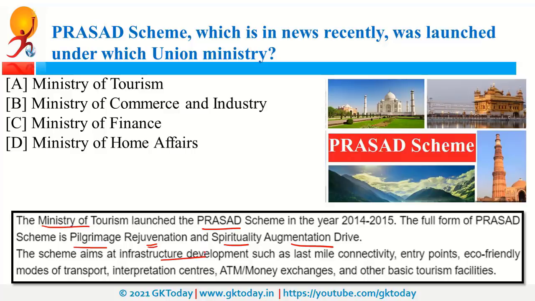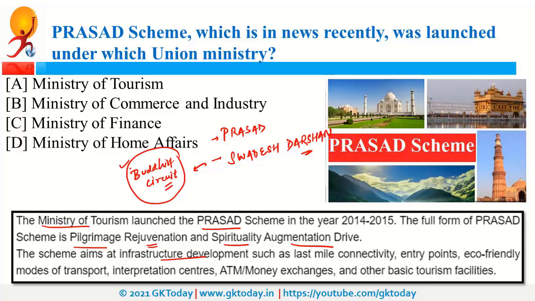Now for the promotion of tourism in our country, there are several initiatives. So one such initiative is this Prasad. Another initiative is the Swadesh Darshan scheme. So under this scheme, tourist circuits are identified. For example, Buddhist circuit. So suppose you want to know more about Buddhism or you want to visit the places which are important for Buddhists, then this is a circuit where you can visit. So this will cover the most important Buddhist sites. Similarly, there are different circuits. So as of now, there are 13 such circuits.